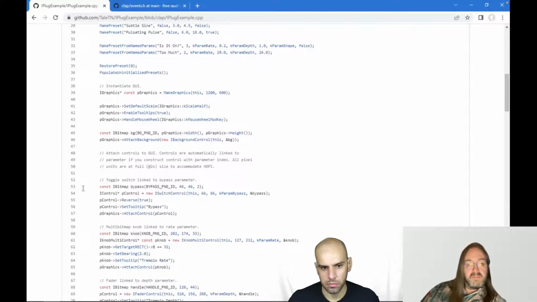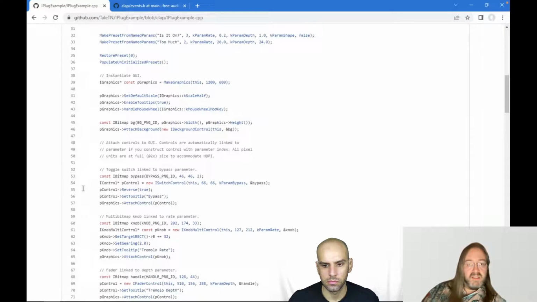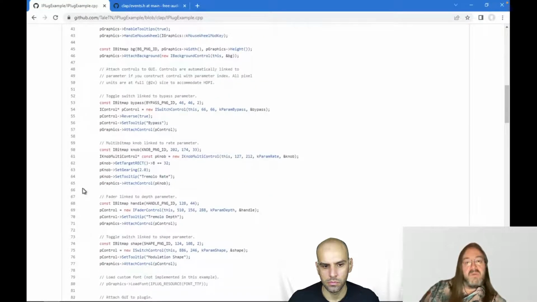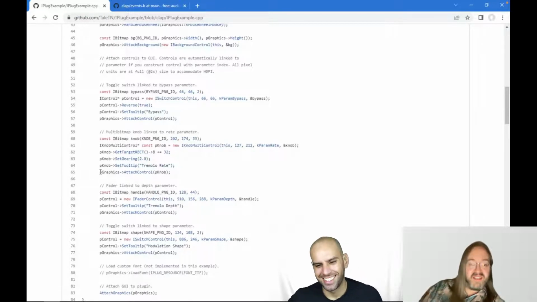Okay. So this is more or less compositing the GUI, just defining where everything goes and what kind of controls there are and if they should be visible initially or not. Why would that be in the constructor if you're saying that the constructor would be called even when just verifying the plugin without running the plugin for real? Yeah. That's a good question. Well, I would say because that was already there in iPlug before I even touched it.